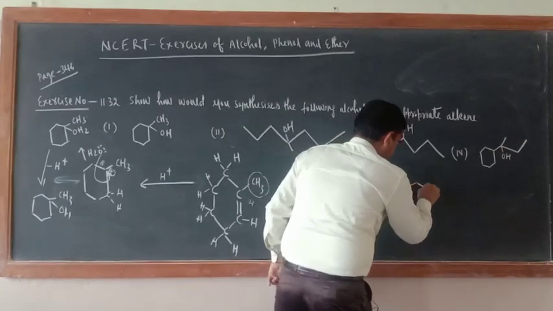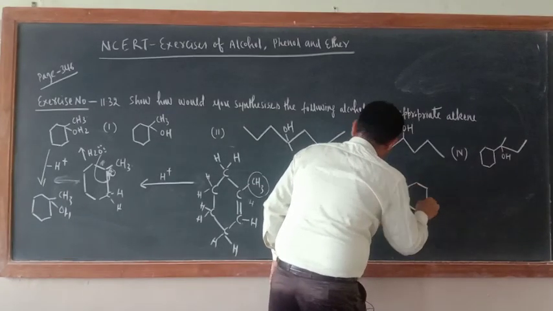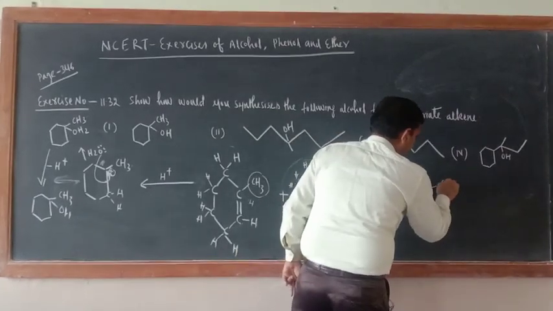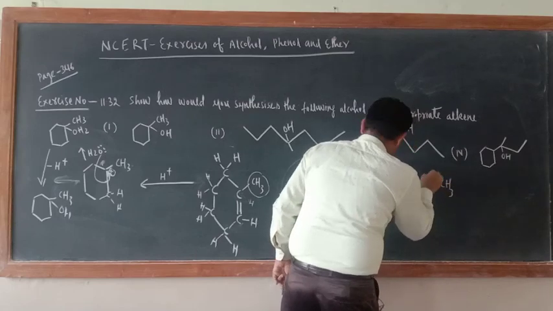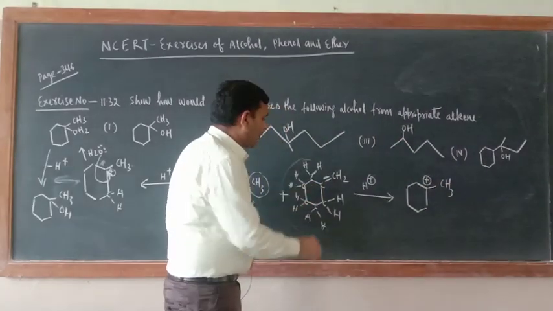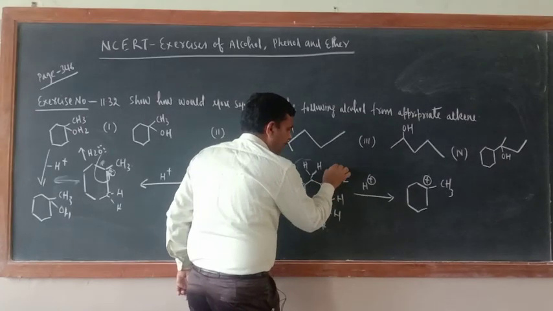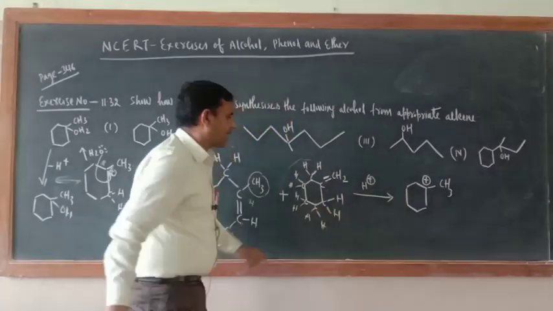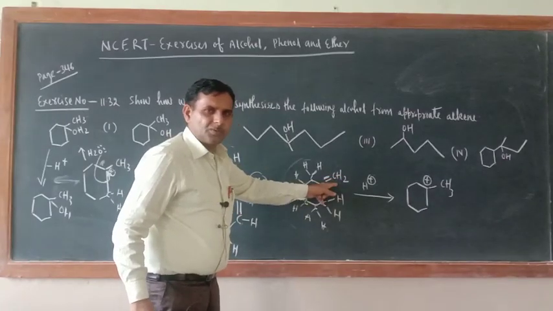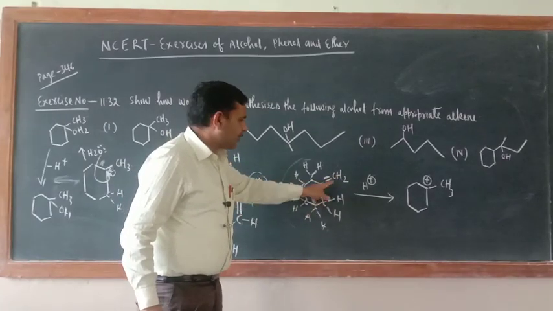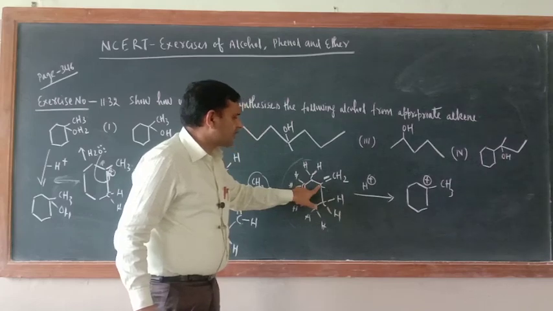Just see, this, and here what is there? Single bond CH3 and the positive sign here. Now if you add here, then the double bond gets broken and the positive sign will be generated on this carbon atom. So that would be 1 degree. So where should it be added? It is better to add here so that the positive sign is generated here.